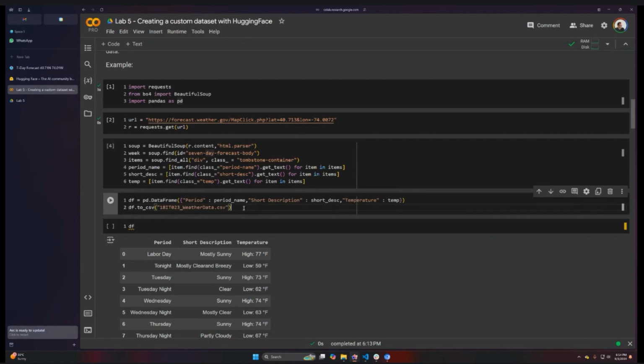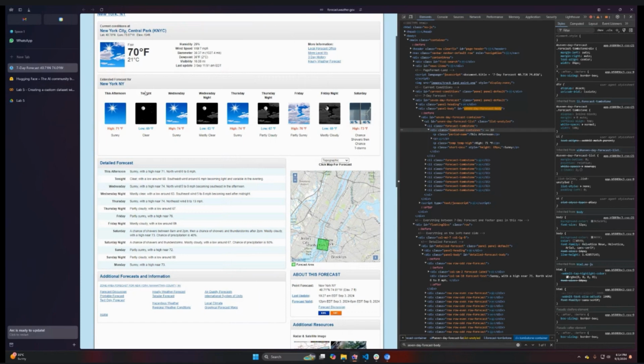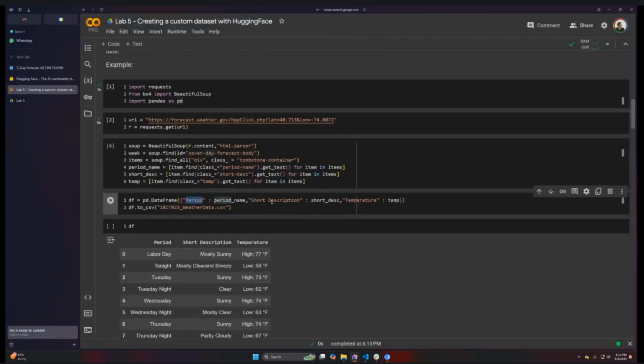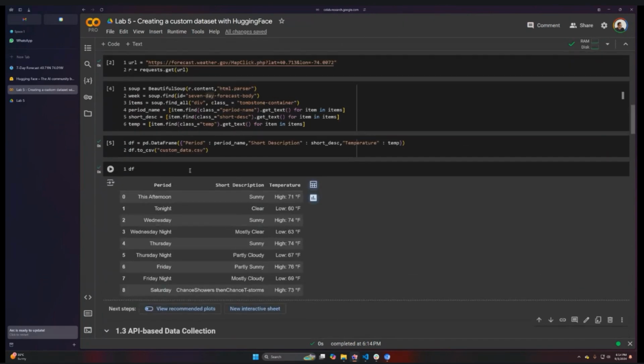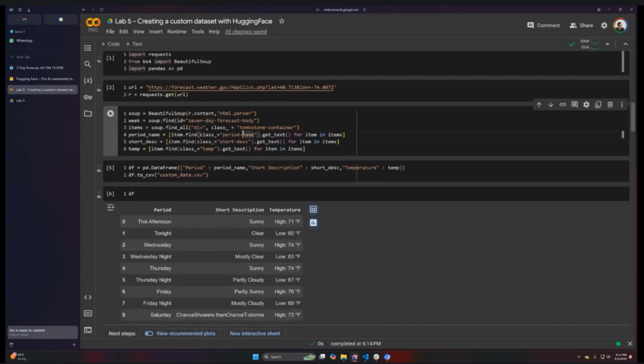basically a data frame that we can store. So data frame period or whatever, it's this afternoon, tonight, and so on. Then you have short description and temperature. Okay, you can choose custom data.csv. Okay, now I know this actually was pretty fast, so I'm going to copy this code to our chat,